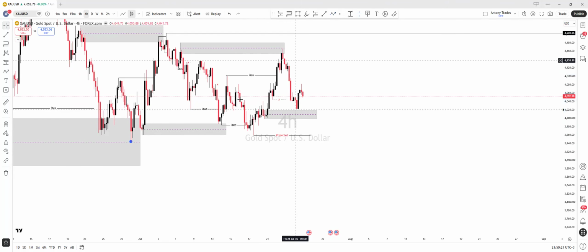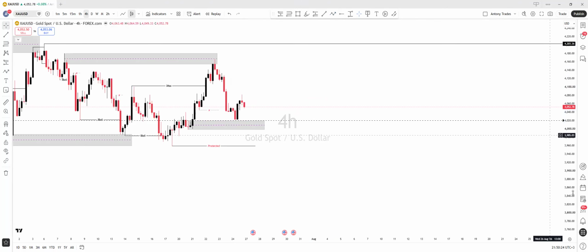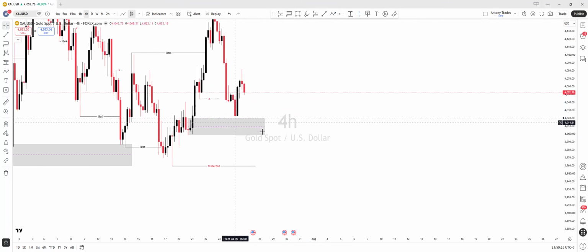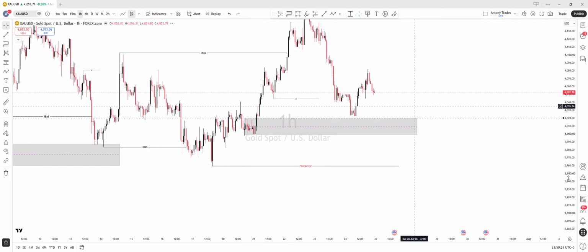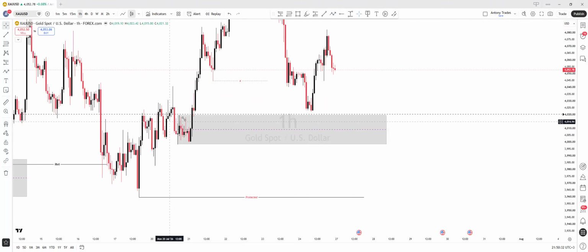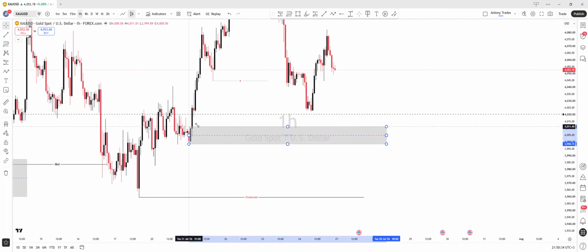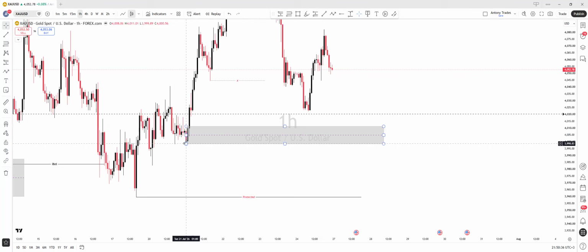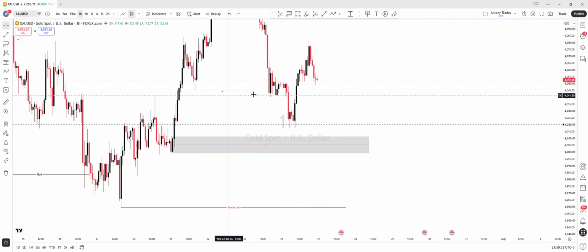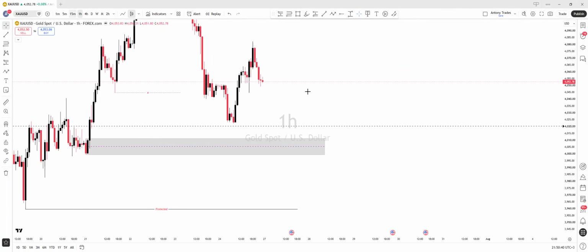So as at now, because this is what I'm seeing, I will be anticipating for gold to come to this supply zone, and then you look for buying opportunity from there. But before then, let's see what the market is doing from the lower time frame. I can refine that zone from the 1 hour time frame, which will land me to this demand zone down there. All right. So from the 15 minutes time frame,